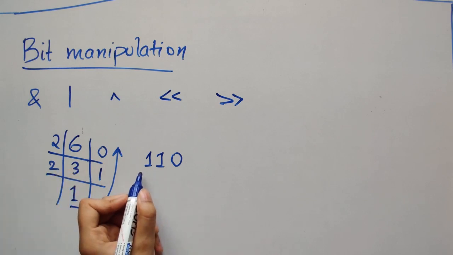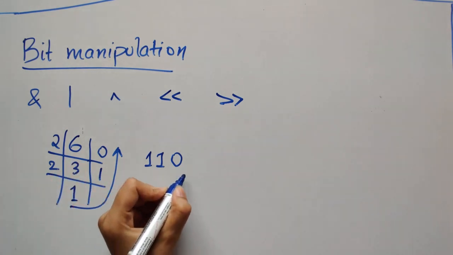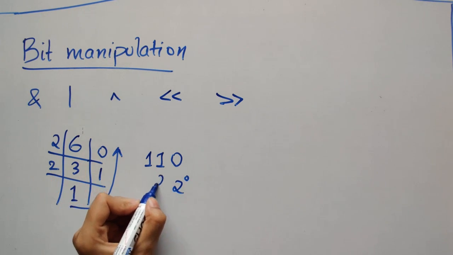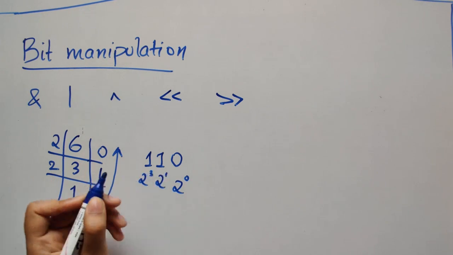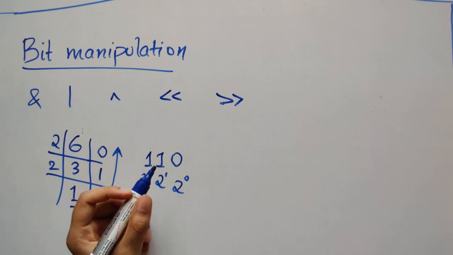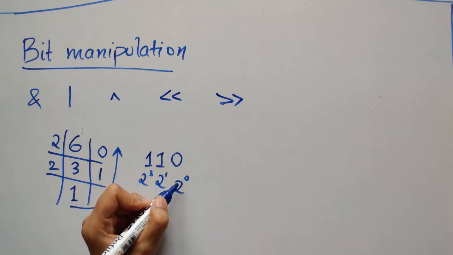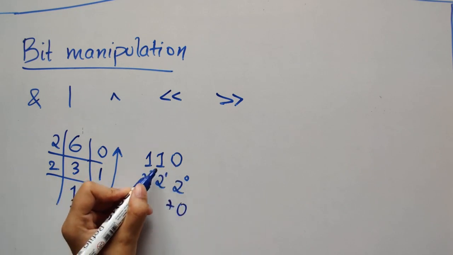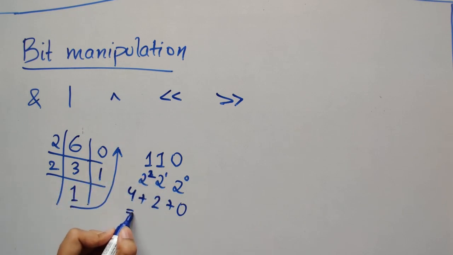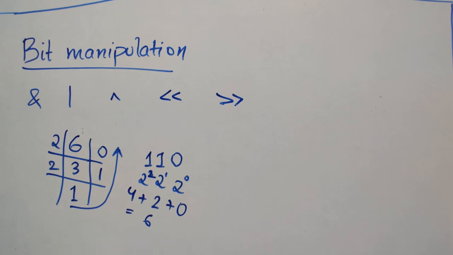Now if you are given the binary representation, how do you get the number back? For that, you have to write increasing powers of 2. In this way, if there were more numbers, it would go on 2 to the power 4, 2 to the power 5 and so on. Now you have to multiply these numbers and keep adding them. So 2 to the power 0 is 1, 1 into 0 is 0, plus 2 into 1, plus 2, plus 4. So this gives us 6. So now we are convinced, right? We started with 6, we found the binary representation and then we got the number back.